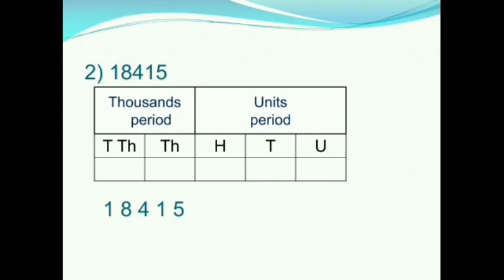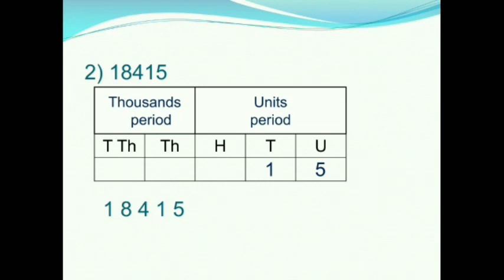First read the digits 1, 8, 4, 1, 5. Now we will write these digits in place value table. First we will go from right to left. From the right first digit is 5. So we will write 5 in units place. Now the second number is 1. Which is the second place in place value table? From right side. Yes, tens place. So we should write 1 in tens place. Which is the third number? Yes, 4 is in the third number.